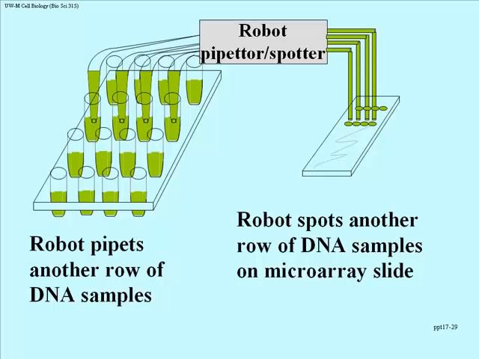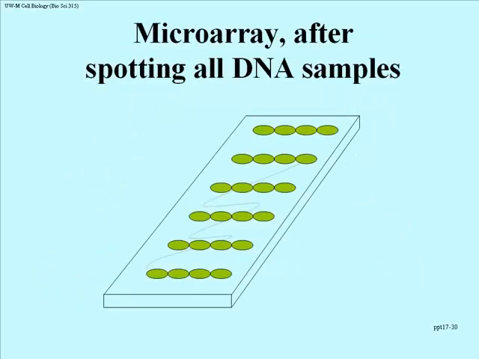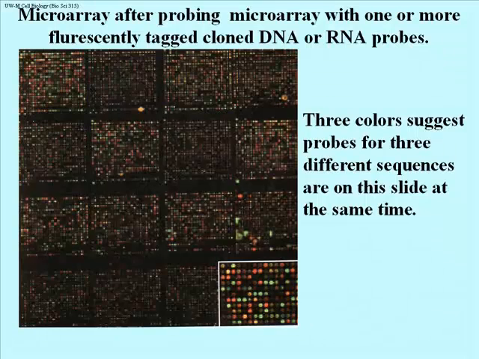This is a very crude illustration of a very refined process, to be sure. But it works, and the spots are very tiny. If that's a microscope slide on the right side here, things are way out of scale, and you'll see that in just a moment. So here we have a microscope slide that has been spotted with all the DNA samples you can get on it, which is many times more than what you see here. This is an actual portion, not the whole thing, a portion of a microarray. Each little colored dot represents the position of one spot of DNA that was on one of these microscope slides. In this picture alone, I suspect there are perhaps 2,000 or 3,000 spots,